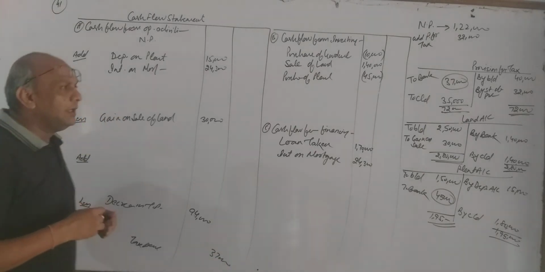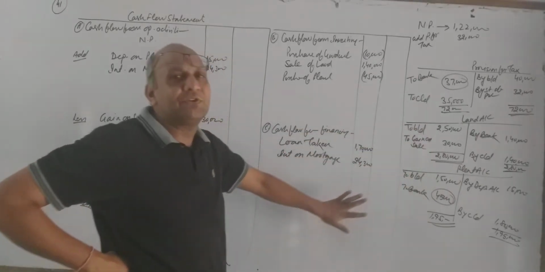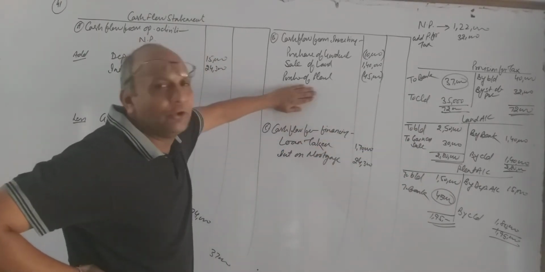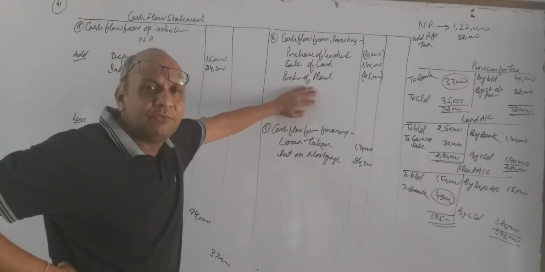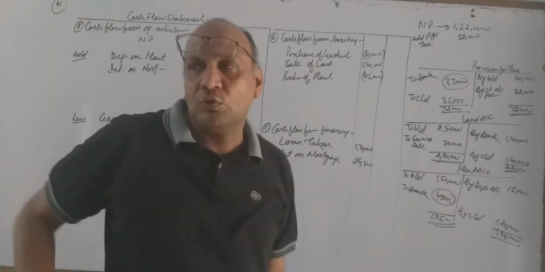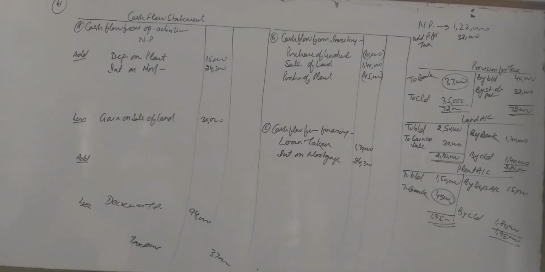In this way, in this sum we prepared three different ledgers. Now I am not going to teach how to close it, because already in 4 sums we have done it, where I discussed with you how to close the cash flow statement. Thank you very much for today's numerical.